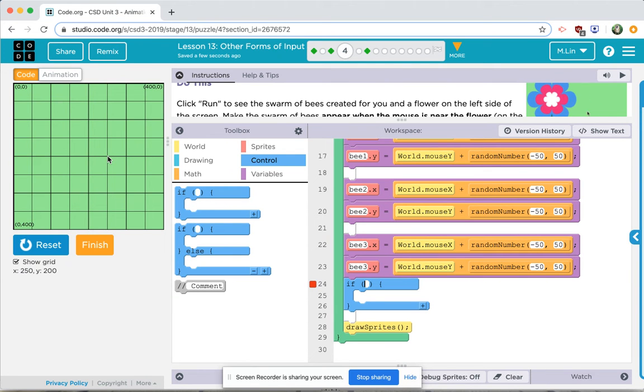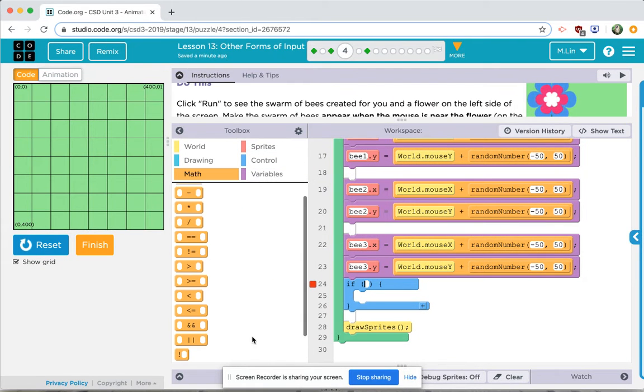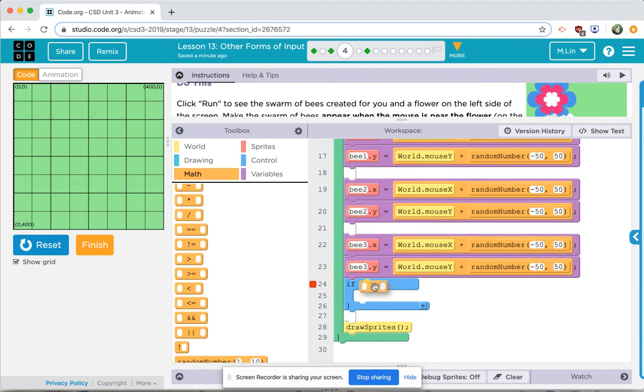If you look down below the reset button, you'll see that it says x250, y200. We can ignore the y because it doesn't really matter for us how high or low those bees fly. It really is about how far away they move from the flower, which is really just our x-axis. So once again, 250, good value. We're now going to input that into our if statement. So we're saying that if our x value becomes less than a certain point. So we said we want it to be less than 250,